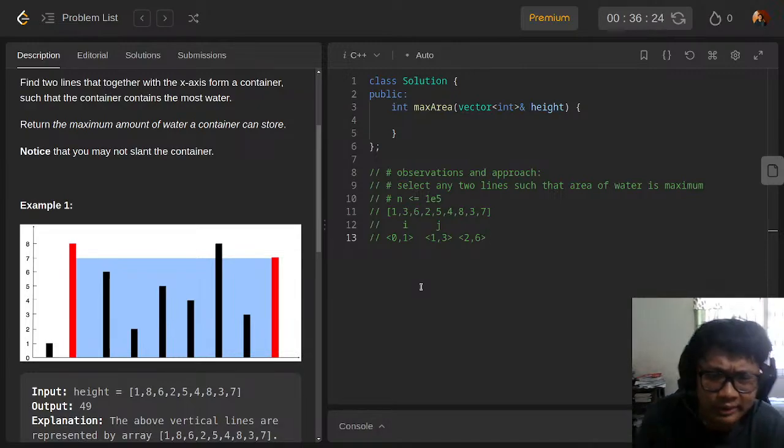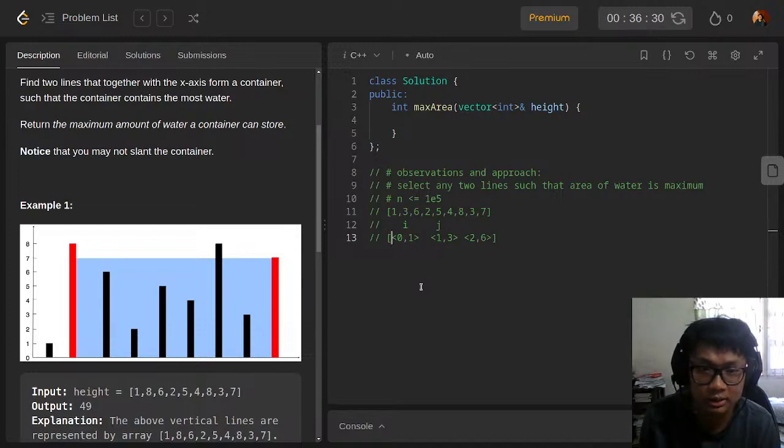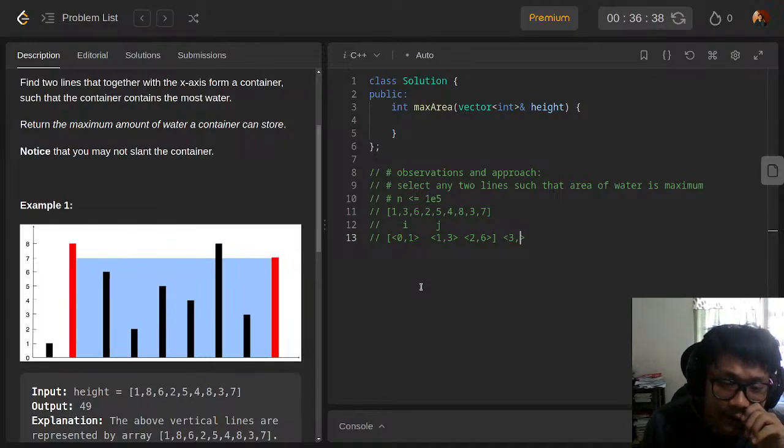Let's say this is inside some stack or something else. So let's say after this we get a variable at index 3 that has size 5,